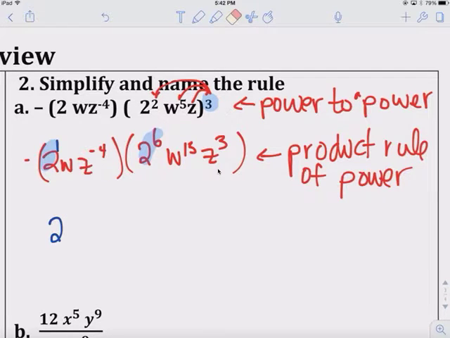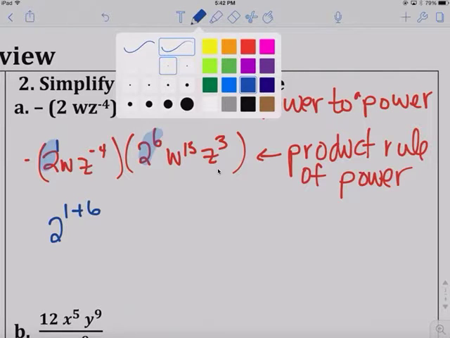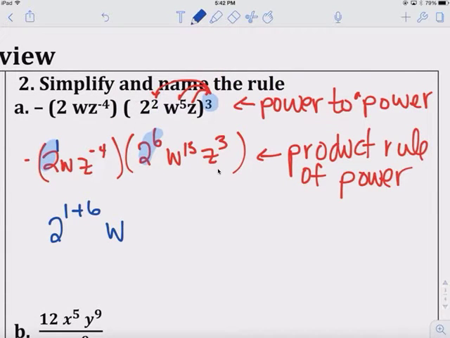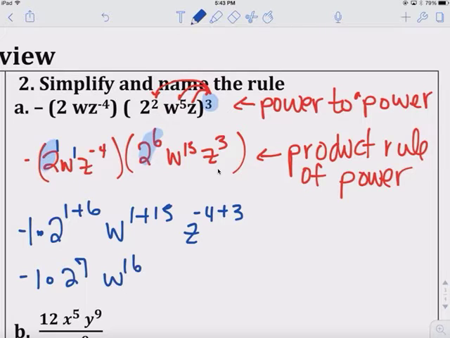Oh, I better write that. 2 to the 1st plus 6. And then we got w to the 1st plus 15. And then we got z to the -4 plus 3. And there's a negative on the outside, that's -1 times. So you get -1 times 2 to the 7th, w to the 16th, z to the -1. Now 2 to the 7th,